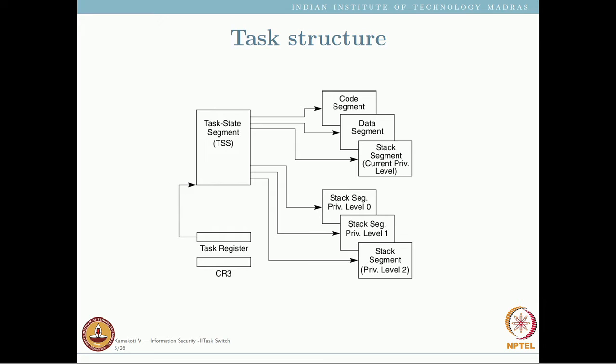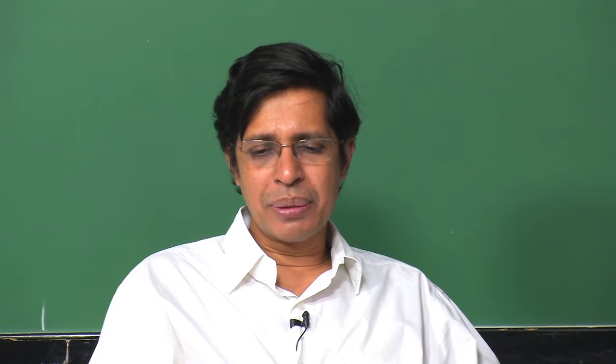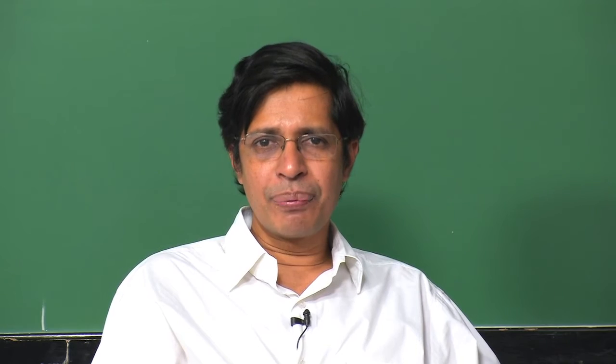Now, this is the basic task structure. There is a task state segment, and in the task state segment you store all the selectors to the code segment, to the data segment, to the stack segment, to the stack segment of the current privilege level, and then you have pointers to stack segments of privilege level 0, 1 and 2, and then you can store your LDT, the local descriptor table, then also you can store what you call as the CR3, which is the start of